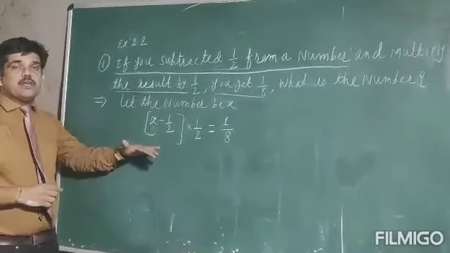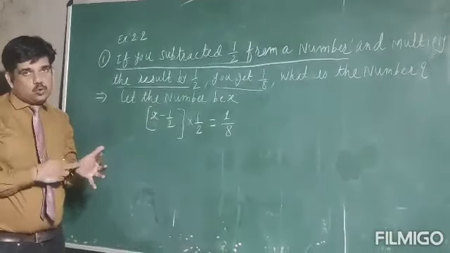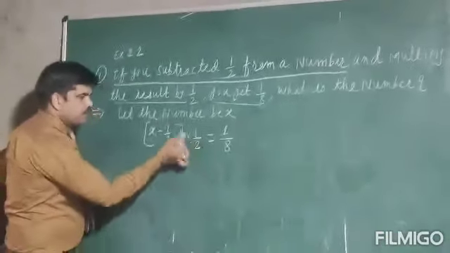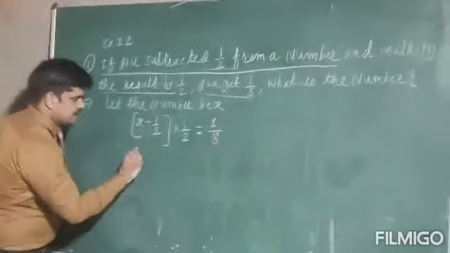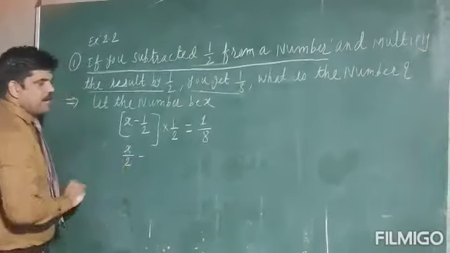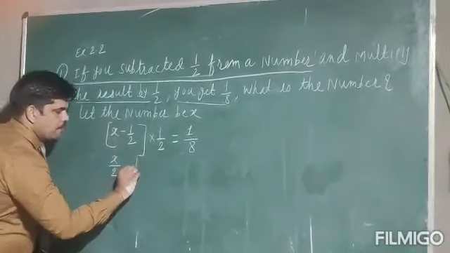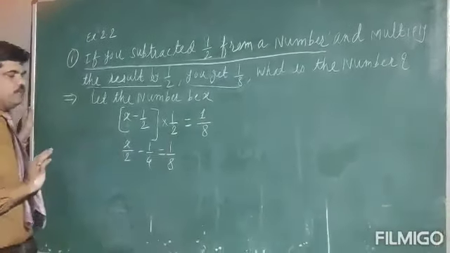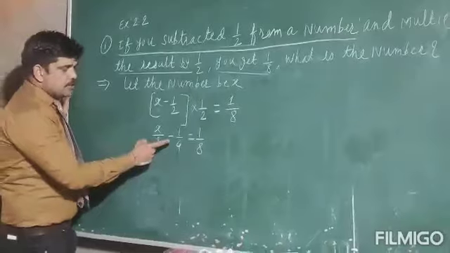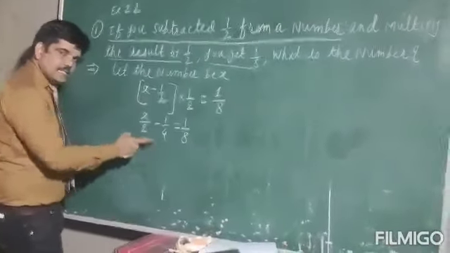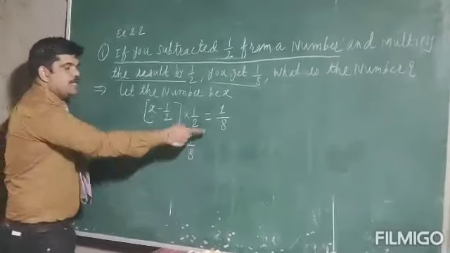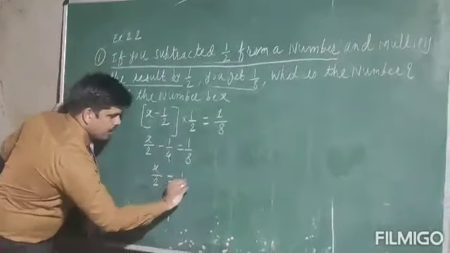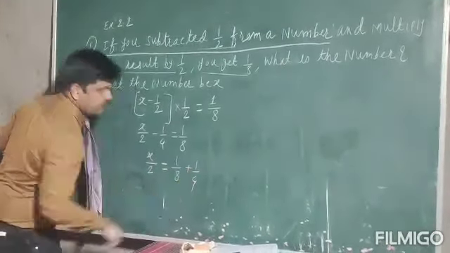Now solving the equation, we already solved so many questions from exercise 2.1, 2.3 and 2.5. So these are the solving sums. Now this number will multiply the bracket. So 1 by 2 into x, that is x by 2, minus 1 by 2 into 1 by 2, minus 1 by 4, is equal to 1 upon 8 as it is from the RHS. Now this minus 1 upon 4 in the LHS, left hand side, when we shift LHS to RHS, it will be plus in the RHS. So x upon 2 is equal to 1 upon 8 plus 1 by 4.